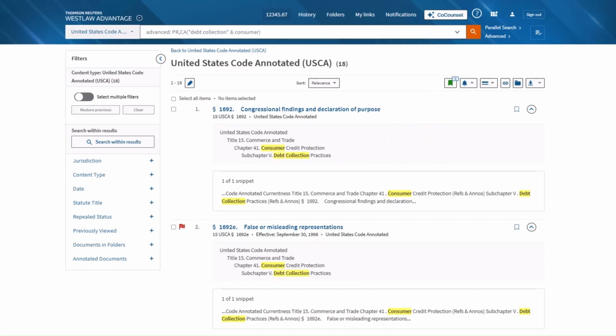With tools like the popular name table, statutory index, and intuitive table of contents,